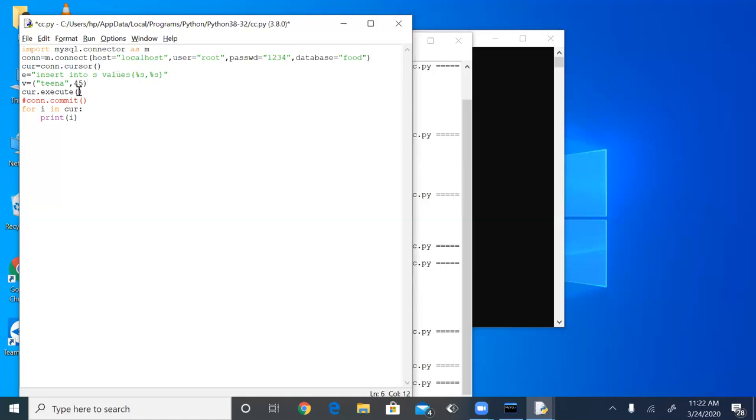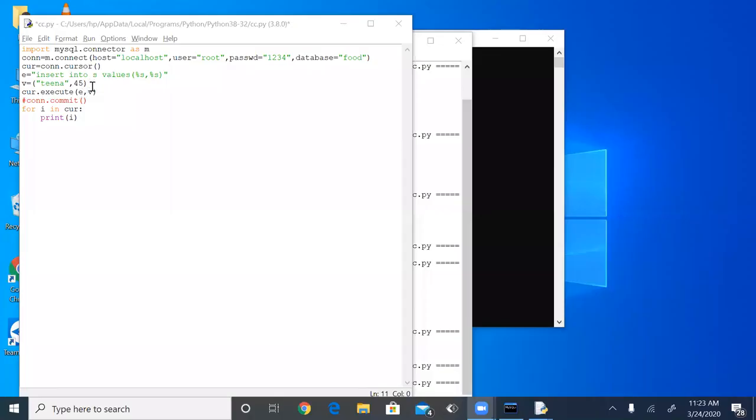Now the execute function will work in another way. First parameter will accept the query. Now we are just checking. If you want to put the entry here, I'm just putting the value.